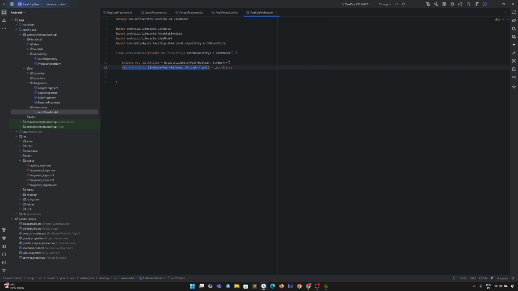Okay, now coming to this line. Here we expose a read-only version of our auth status to the UI fragments. Fragments can observe auth status, but they cannot change it. This follows the encapsulation principle. Only the view model can modify live data.